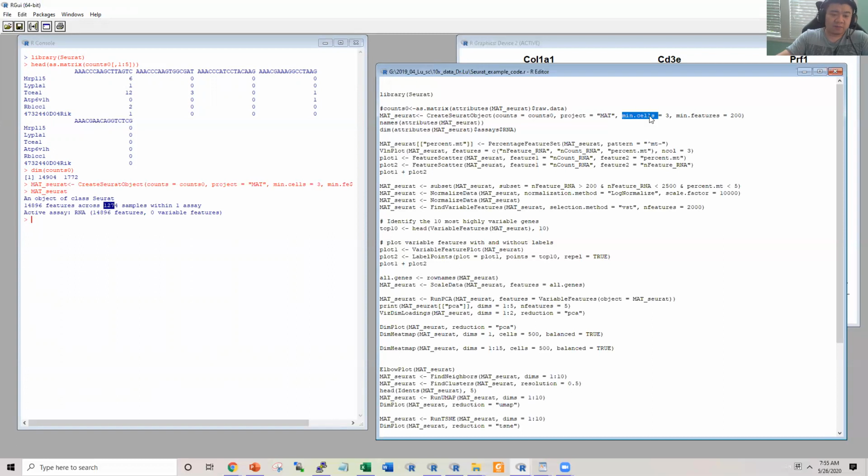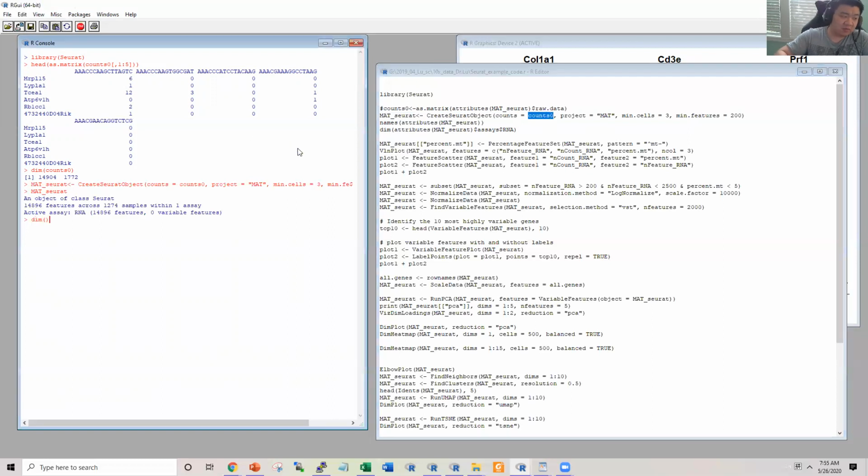The min.cells means to include the genes that are expressed in at least 3 cells. And the min.features here refers to the cells included when we create the data. For all the cells in the count data, we only include the cells with at least 200 genes expressed with non-zero expression. Here you can see the dimension of the input is 14904 by